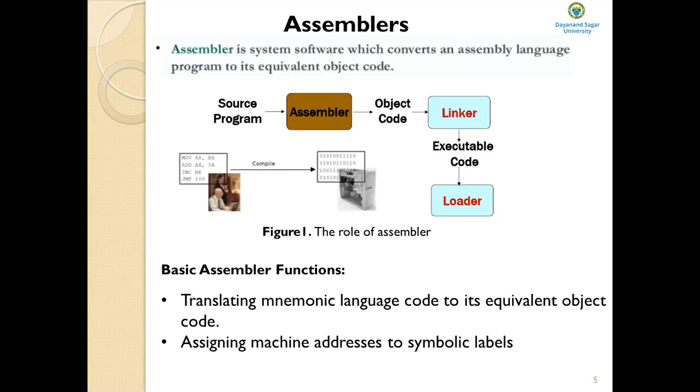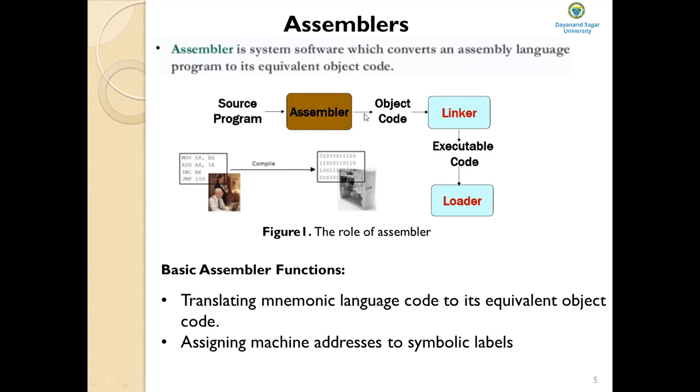An assembler is a system software which converts an assembly language program to its equivalent object code. You just look at the diagram here. It shows the role of the assembler. So what is the role of the assembler? The assembler is a program that accepts an assembly language program as input, which is nothing but a source program,